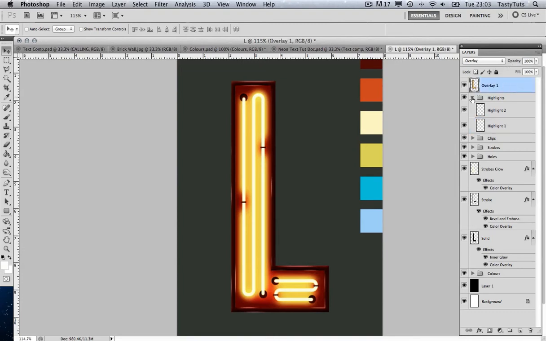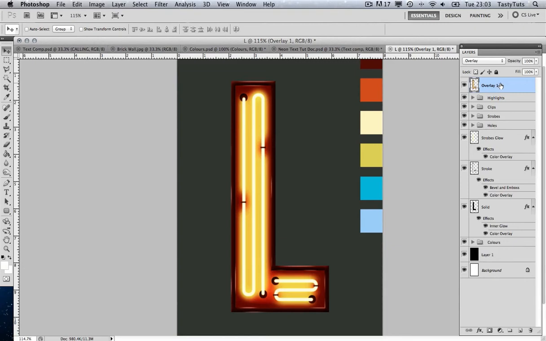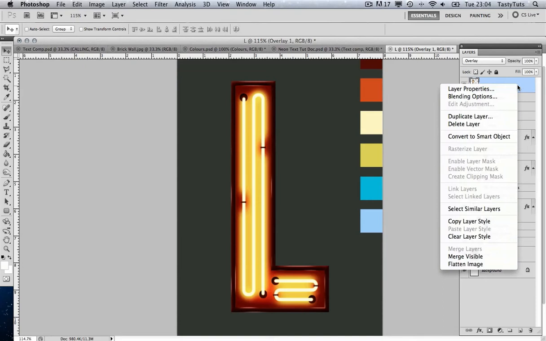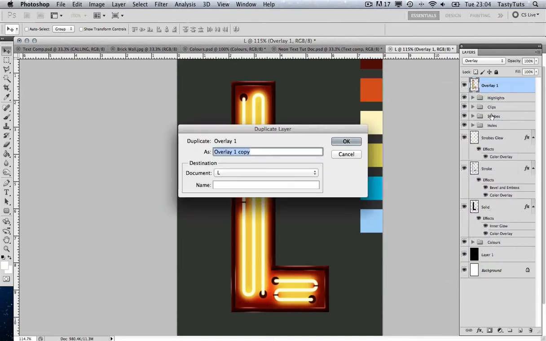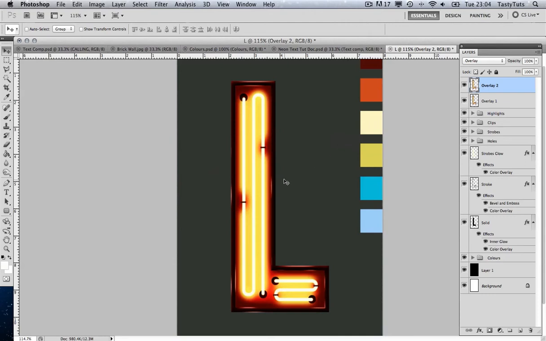Okay, now what I want to do is I want to duplicate the overlay 1. So I'm going to click on overlay 1 and duplicate the layer and call this overlay 2. And you can see that that has made another overlay effect, which has intensified it even more. I'm going to change this one on the top to 50% so it's not as intense. I'm just going to toggle the visibility of that, take that away for a second, because the final thing I'm